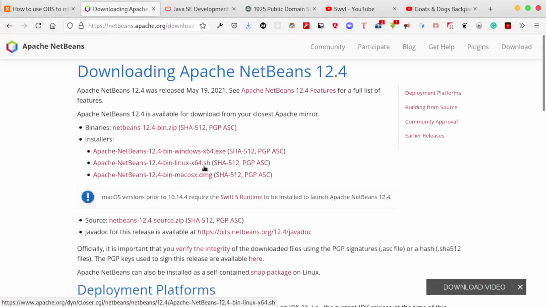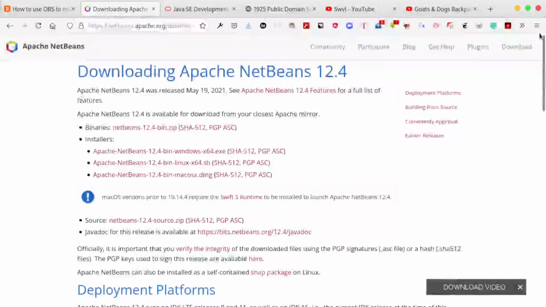To install a .sh is quite simple. I will be showing you in the course, or you can just DM me if you don't know how to install a .sh, but it's a very simple way. And we also have one for Mac operating system, which is a .dmg. So that is it for JDK and NetBeans.